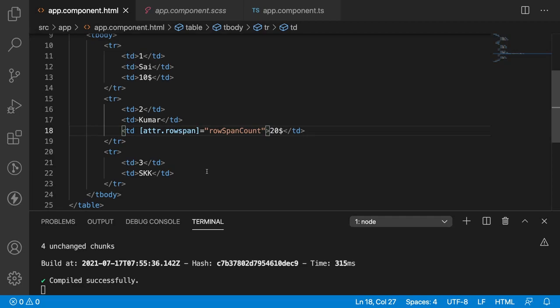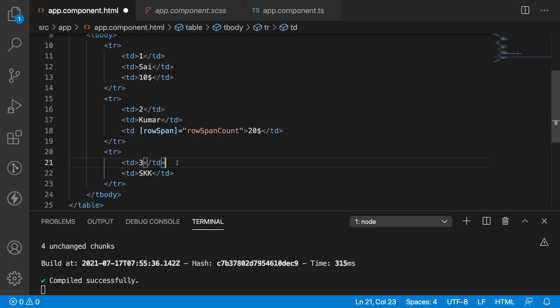But this is not acting as a property, because it was defined by HTML that rowspan is not a property. It is an attribute. To make it a property, we have a different property name for rowSpan with a capital S. Whenever we use a capital S, it will be treated as a property. Whenever we use a small s, it is treated as an attribute.